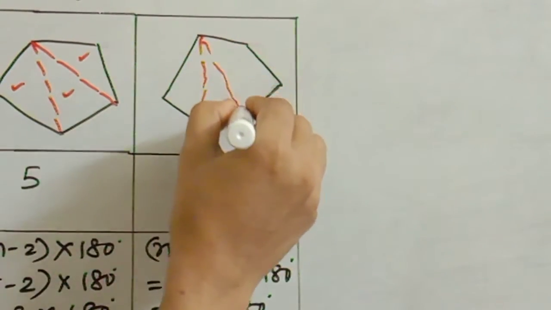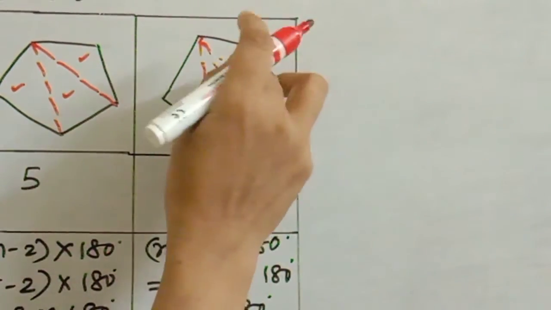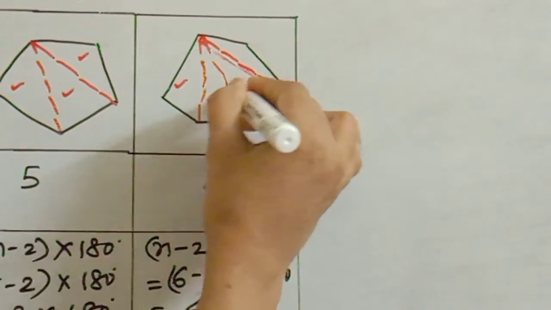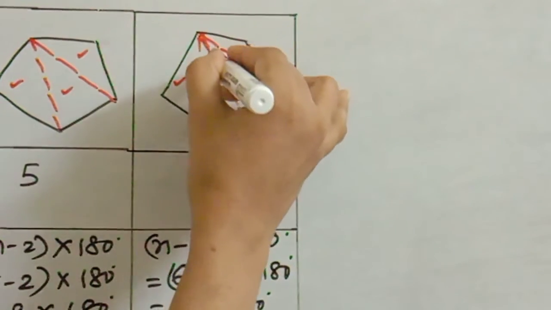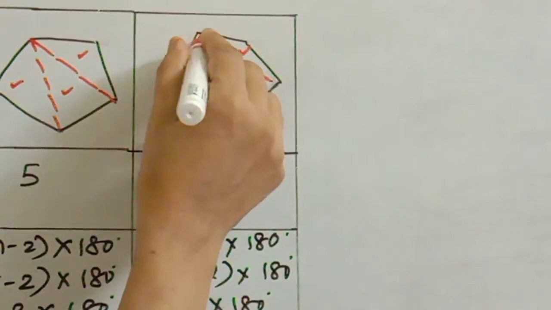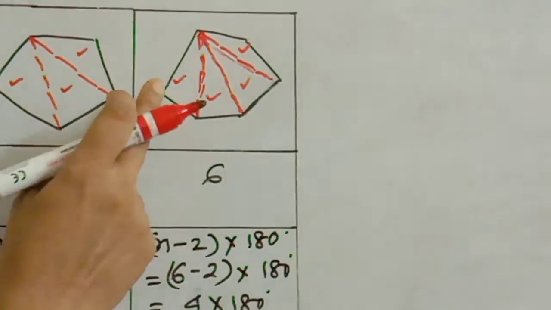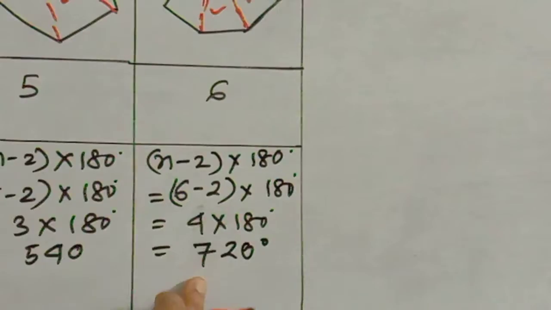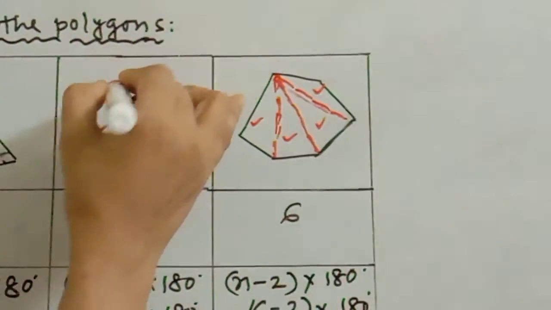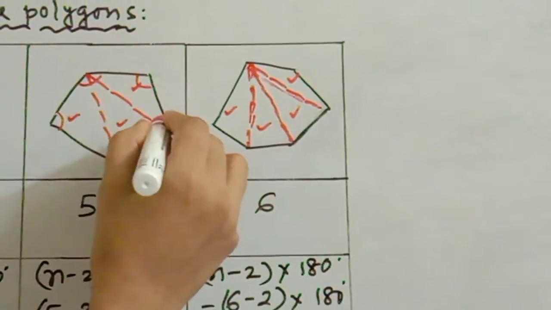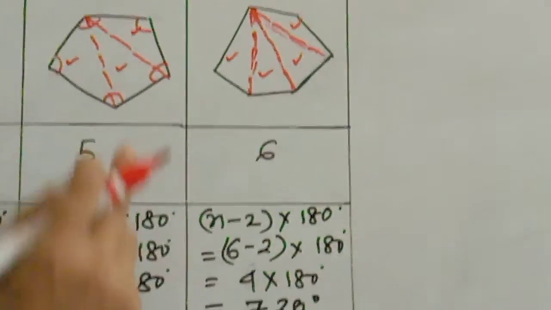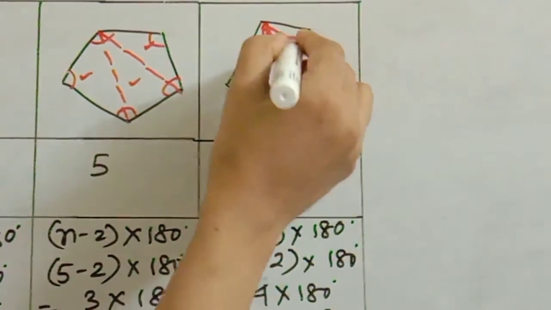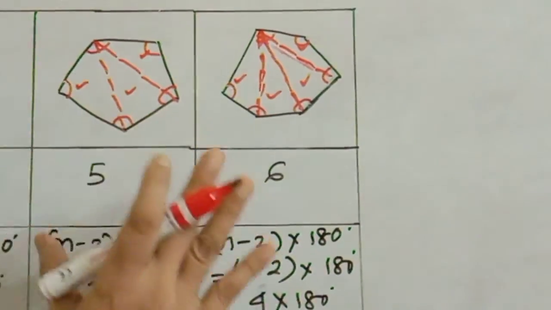You can see, by using the triangular shape also, how many triangles can form. 1, 2, 3 and 4. Three diagonals from any vertex. Select any vertex and see how many triangles can be formed. So you can see 1, 2, 3, 4. 4 into 180 degrees, that is 720 degrees. So by the angle sum property of a polygon, using this formula (n minus 2) into 180, you can find the sum of the interior angles of the polygon. Okay, is it clear for all of you?